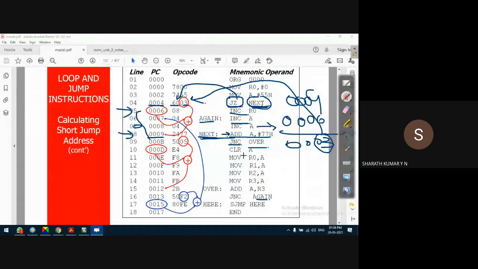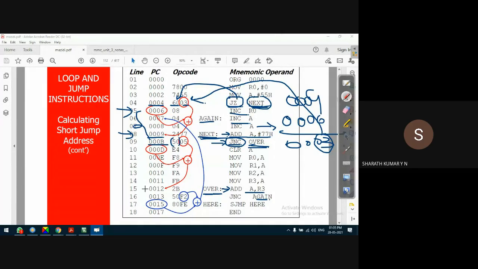Where is OVER? OVER is somewhere here, a far off place. This JNC instruction is loaded at the address 000B. The operational code representation of JNC is 50H. OVER is a label which corresponds to the instruction ADD A, R3.